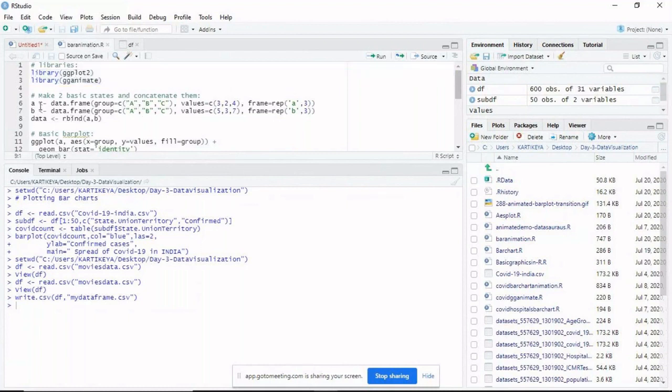Now I am considering a data frame with the first column as a, b, c, values 3 to 4, and the character a repeated 3 times. Rep means repetition. So this is your data set. Let's run this program.